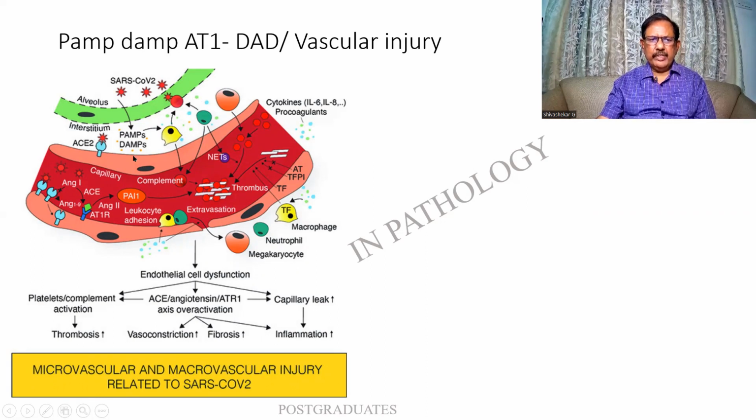You find that there is activation of the PAMP and the DAMP, as a result of which multiple mediators, the cytokines, can all come into action. So there will be that. There can be a leukocyte adhesion that you see in phagocytosis, etc. The angiotensin can be activated. Therefore, you find that there is a growth of the capillaries. And there can be the various changes later on when there is an endothelial dysfunction or damage. There can be thrombosis secondary to the platelet adhesion. There can be the angiotensin. Multiple angiotensins are being produced. Vasoconstriction, fibrosis. Capillary leak can lead to inflammation.